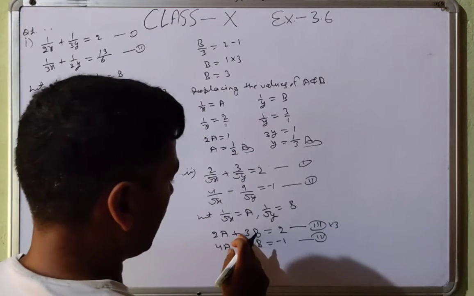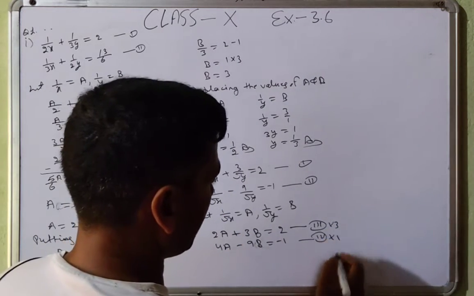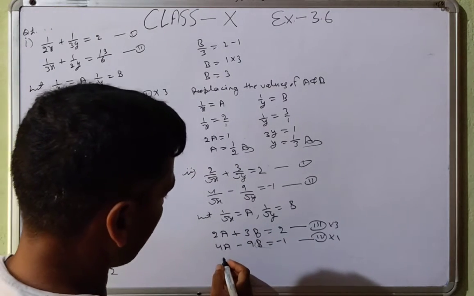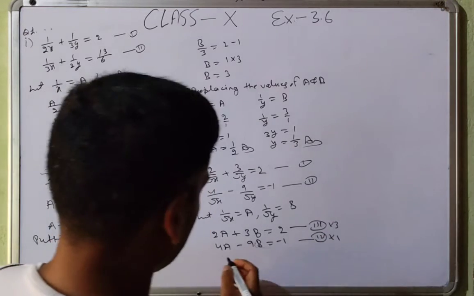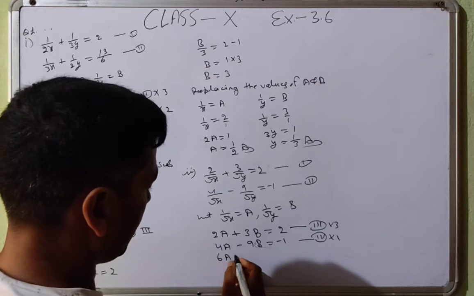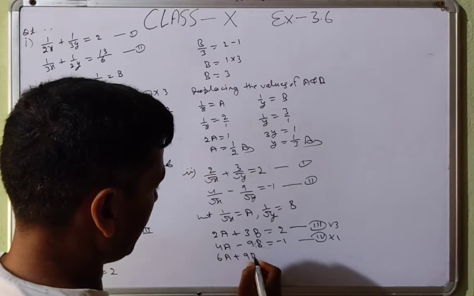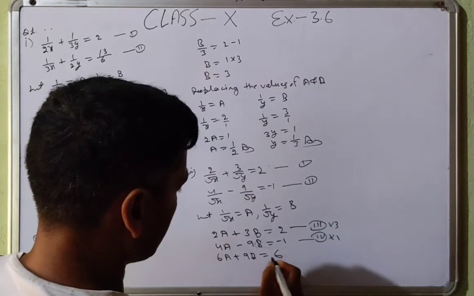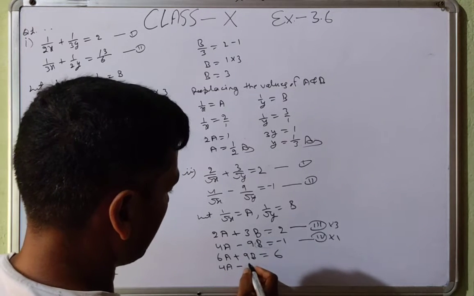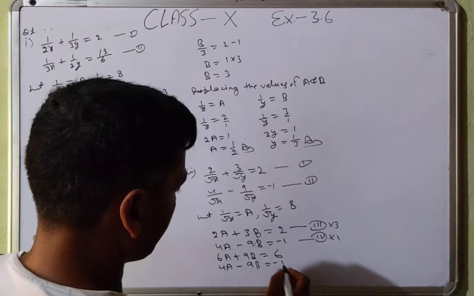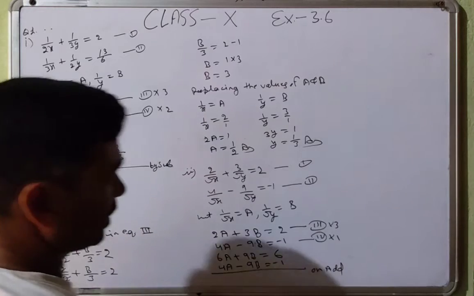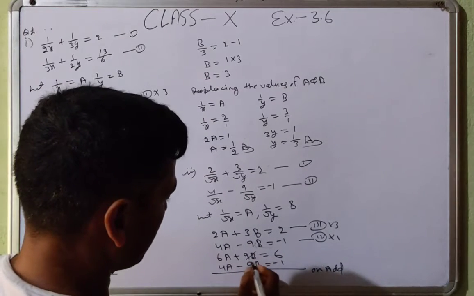So 3 times 3 is 9, or this one multiplied by 1. So that will be, see here, 3 times 2 is 6a plus 3 times 3 is 9b is equal to 3 times 2 is 6, 4 times 1 is 4a minus 9 times 1 is 9b minus 1. We add because the sign is already changed. So this is cancelled.